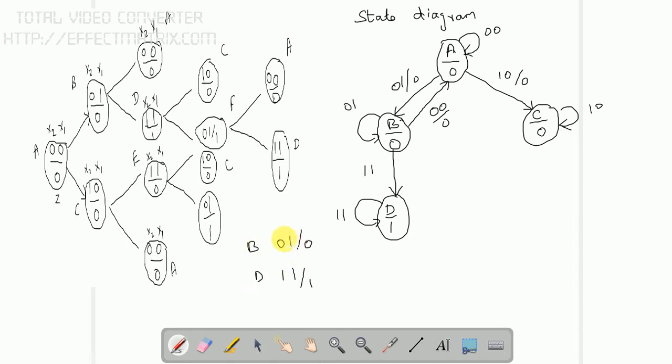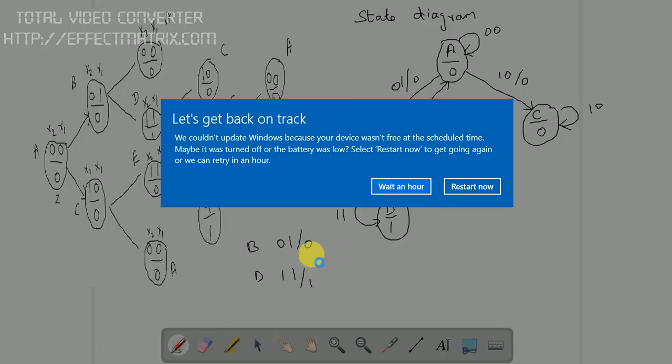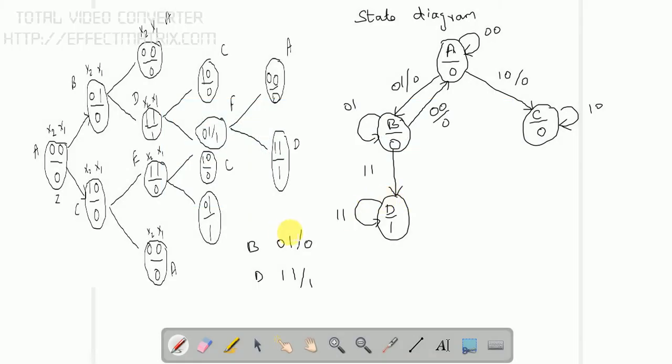So on the input side I have one bit change, that is 0 1 to 1 1. The first bit is changed here, from 0 to 1. Similarly the output is also changed from 0 to 1. So normally one input change is acceptable. That is, if I have 0 0 to 0 1, I have one bit change, but there is no change in the output from A to B. But here we have an input change, 0 1 turned to 1 1, one bit change, and on the output side we also have a change from 0 to 1. So there are two bit changes happening.